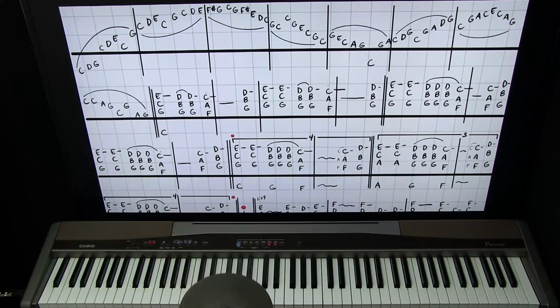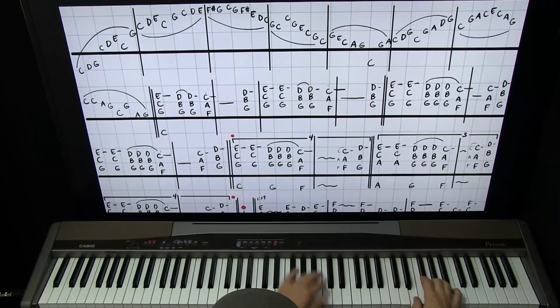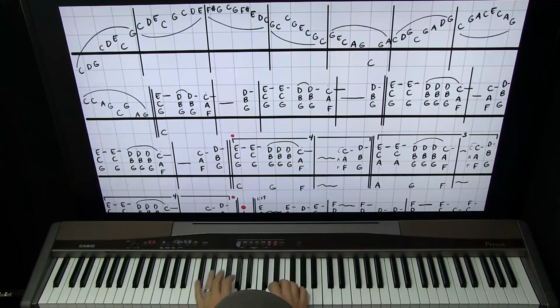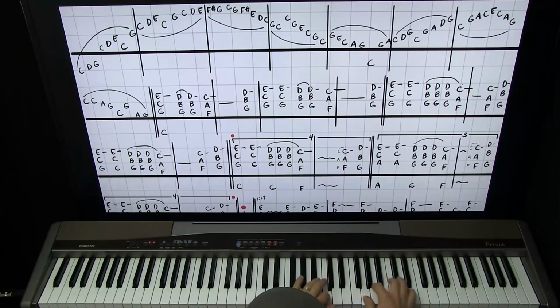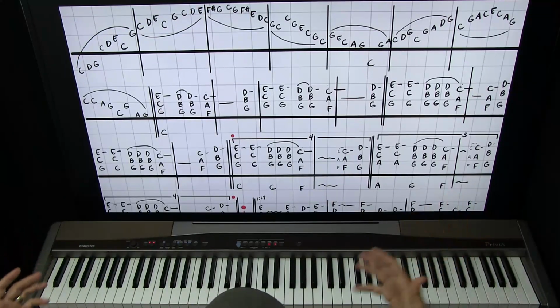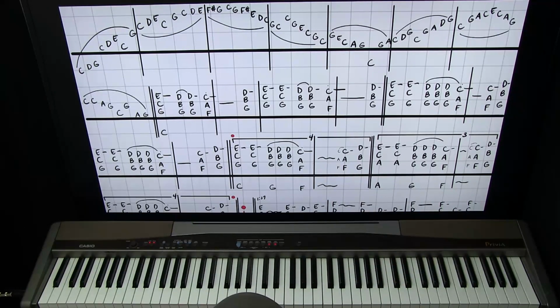Let's try the whole thing slowly. So this intro is tough. It's the toughest part of the whole song. So don't let it ruin it for you. If you want to just learn the rest of it and play the chords, great. But if you want to tackle this,